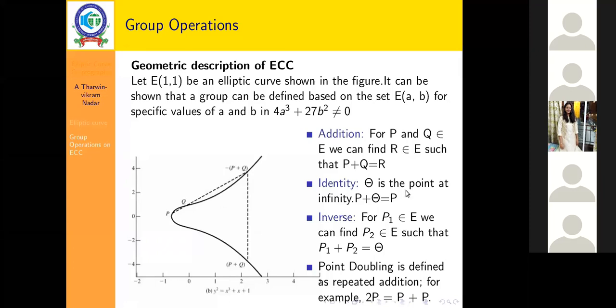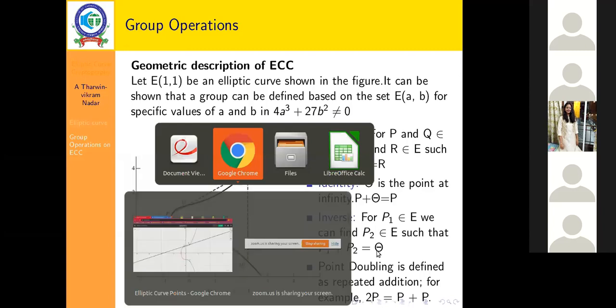Okay, so that's how the addition properties are defined on elliptic curves. And for identity, what we do is take the point at infinity. The point at infinity acts as the identity over here. And for inverse, what we do is find a point which gives out the identity. So from the figure,